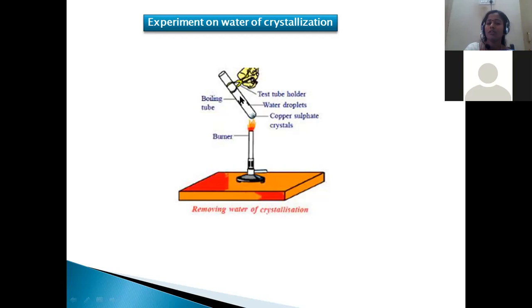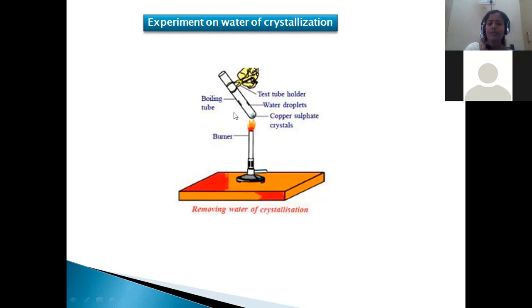It is not suitable to handle the test tube directly, because whatever chemicals we are handling, direct contact is not at all preferable. So that's the reason why proper precaution should be taken. A test tube holder is very essential to heat the components over a burner, right? By heating this test tube on the burner, you can observe some water droplets depositing on the walls of the test tube.